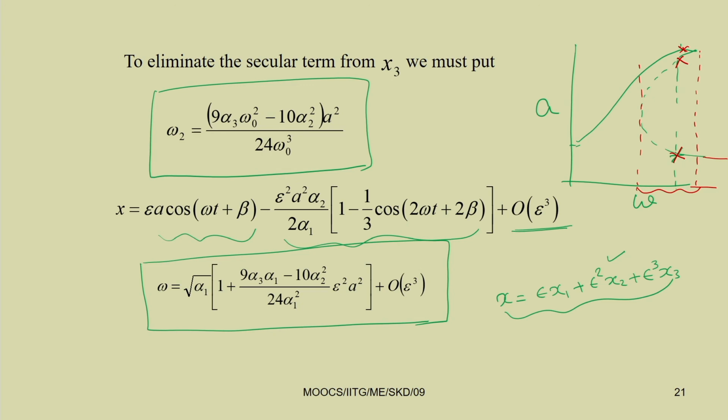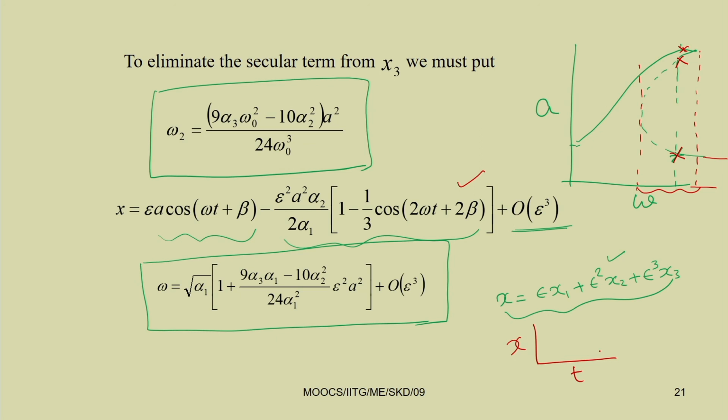Now, as an assignment, you can plot the variation of x with time, taking different initial conditions. You can plot it by using the Runge-Kutta method, and also by using this Lindstedt-Poincare method. Here you can find different values of A with this omega, and you can plot this response.